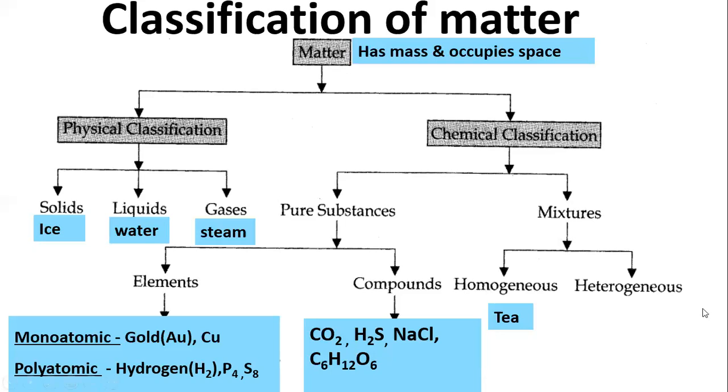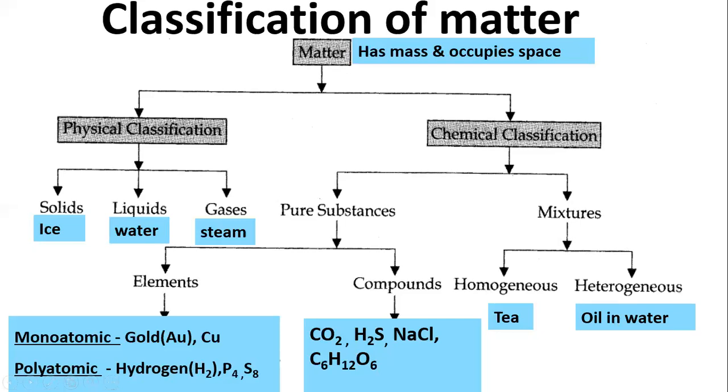And now heterogeneous mixture means it will be in different phase. For example, if I add oil to a glass full of water, by the time what happens, oil will float to the upper layer. Okay. So by the time what happens, it will form two different layers. Which means oil does not mix with water. So this kind of mixture is said to be a heterogeneous mixture.